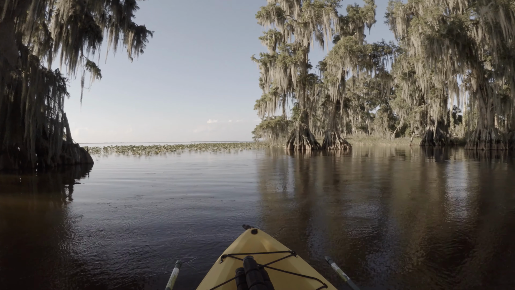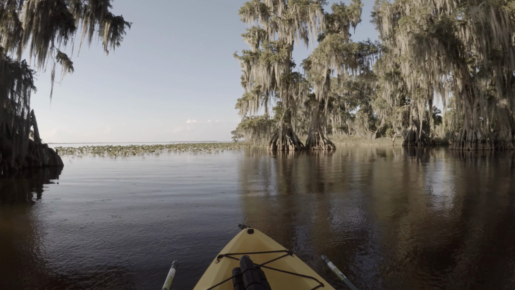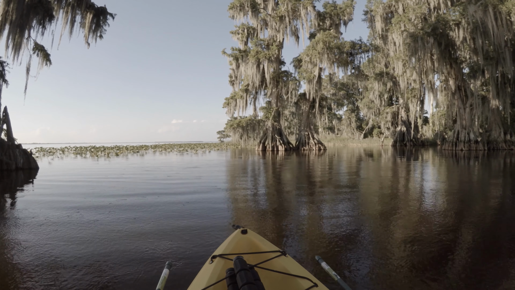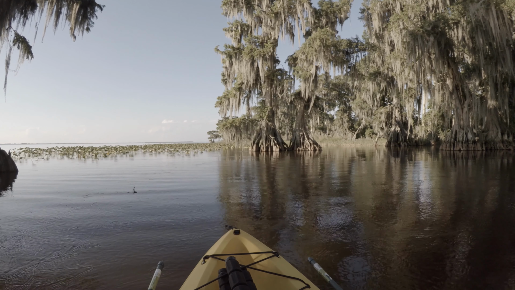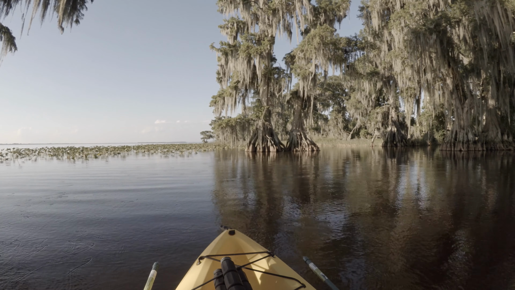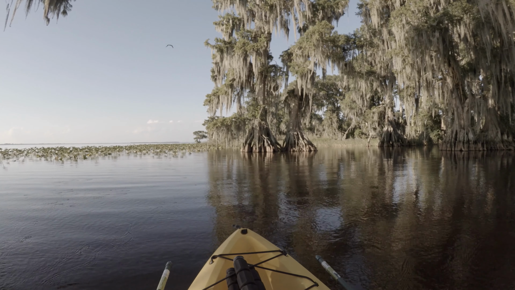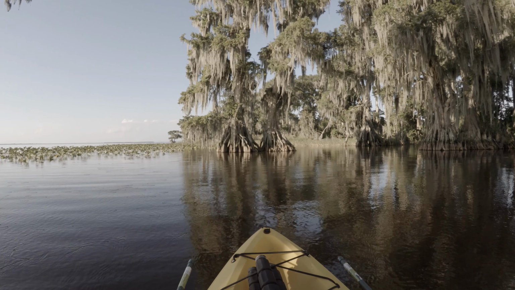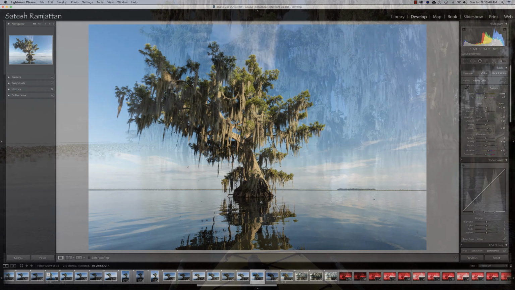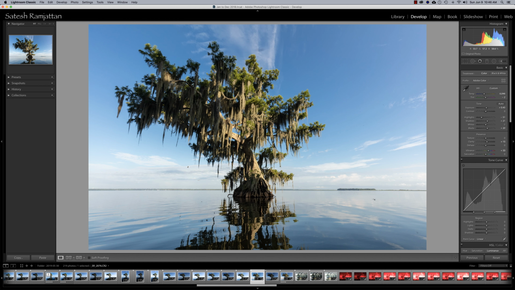I knew once I got home I would have some cleaning up to do to remove all these bugs and spots. So today I wanted to share with you how I go about removing spots and unwanted objects from photos using Adobe Photoshop and the spot healing brush. So let's get started. The first thing we'll want to do is to open up one of our photos